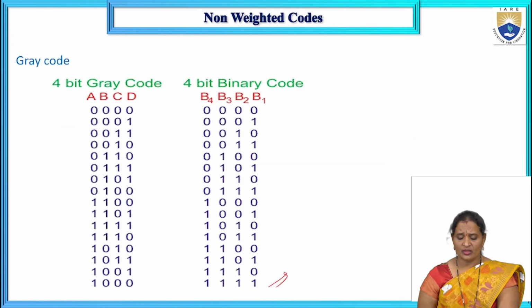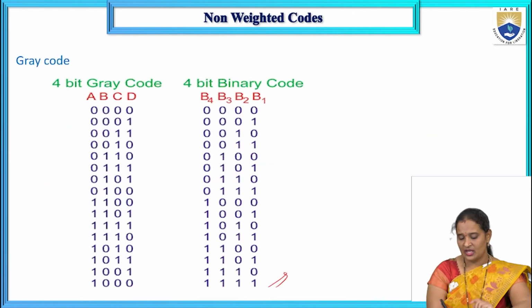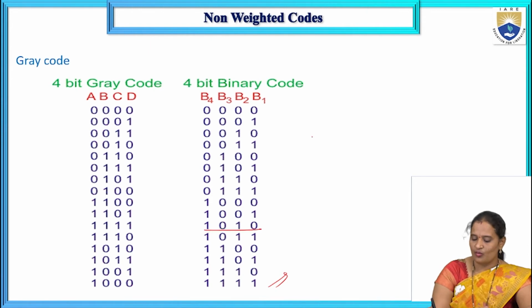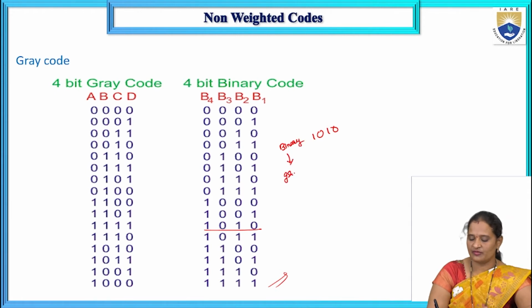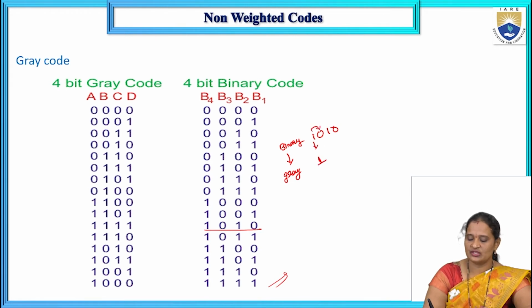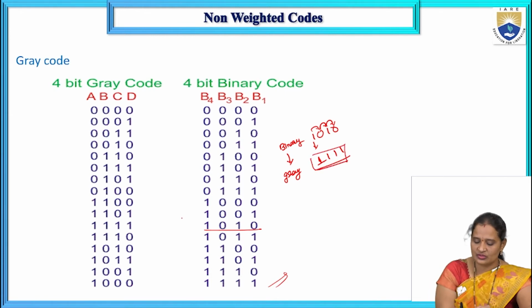So, here now let us see. We have a binary code 1010. This is my binary code. Now, I want to generate the equivalent gray code for this one using that XOR logic. As I told you, the MSB is the same, and the XOR of these two, 1 XOR 0 is 1, 0 XOR 1 is 1, and 1 XOR 0 is 1. So, four ones is the gray code. Here if you observe, this is the binary code and the equivalent gray code for this is